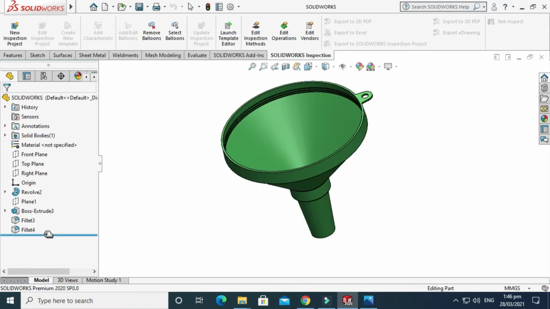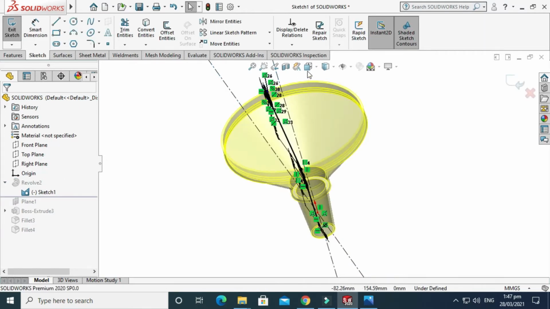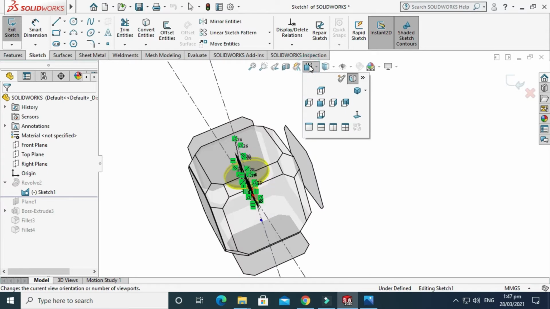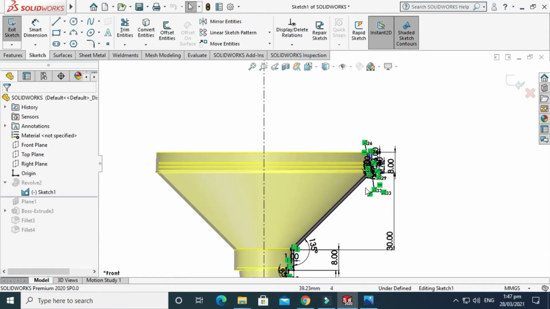First of all, I use this revolve feature. This is the 3D feature, and first of all I have to make this cross section of this funnel. So I just have to click this, go to sketch, go to edit sketch, and then go to view orientation and make it normal.